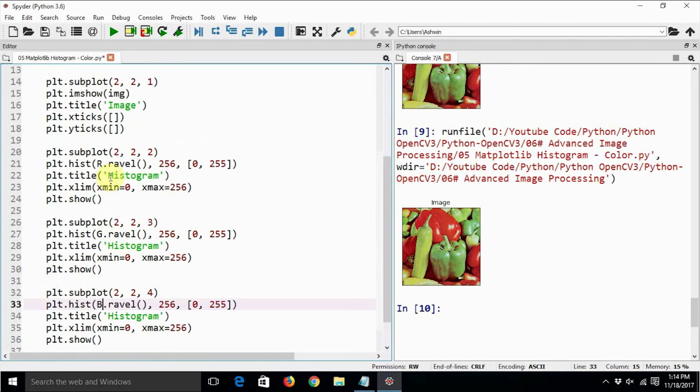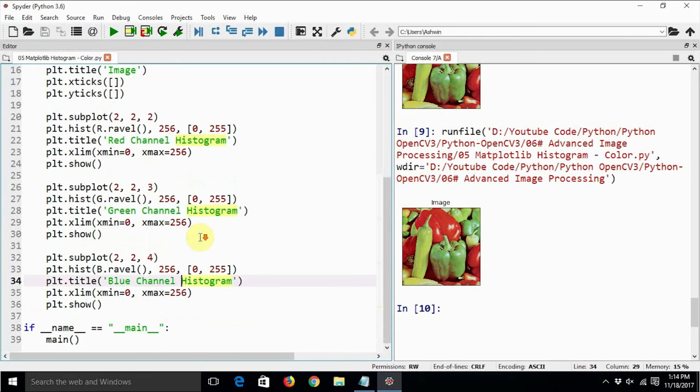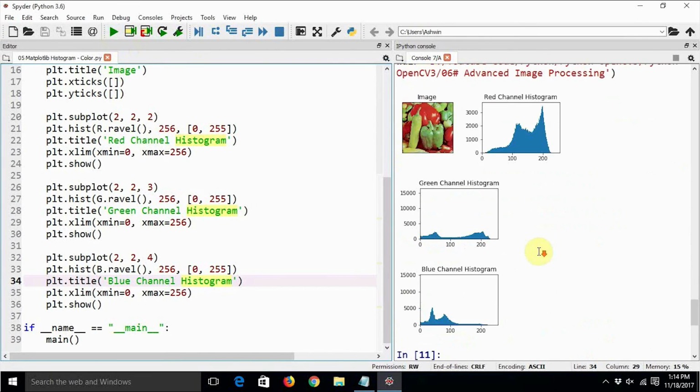Finally, we will say red channel histogram, green channel histogram, and finally blue channel histogram. Yes, so we have displayed the histograms for all the channels here.